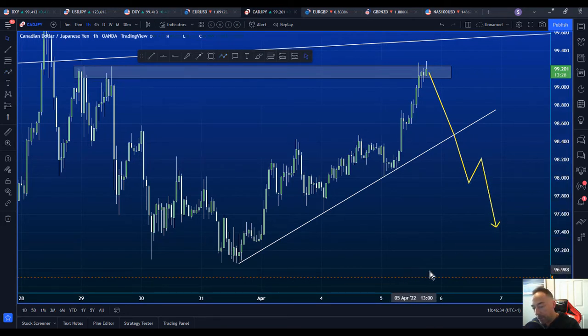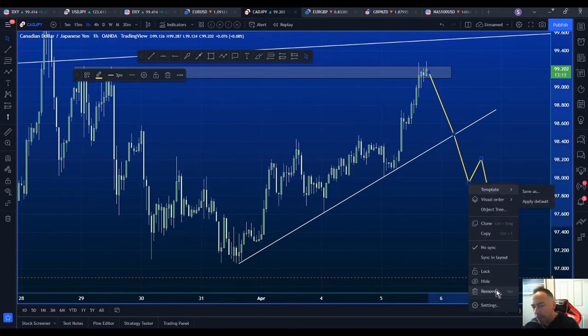I think if we break that 97 level, that's going to be where that real yen strength comes in, and we see yen strength throughout the market, and we see those dollar pairs drop, those yen pairs drop, I should say. But you can keep your eye on this,